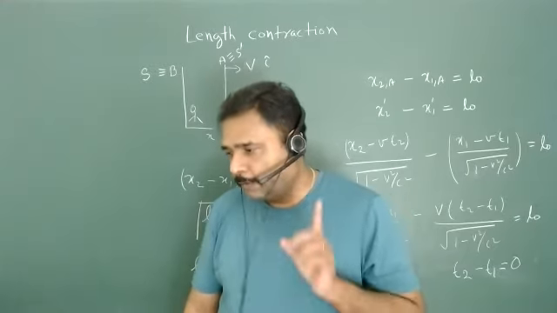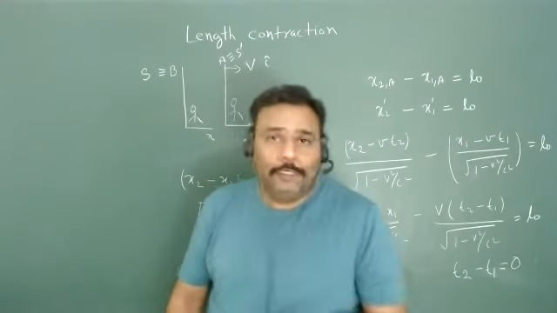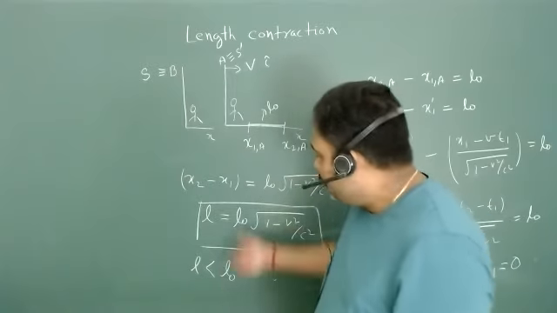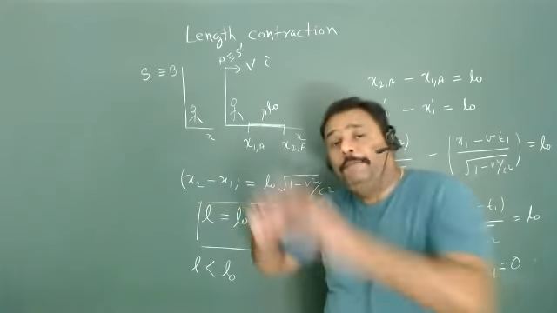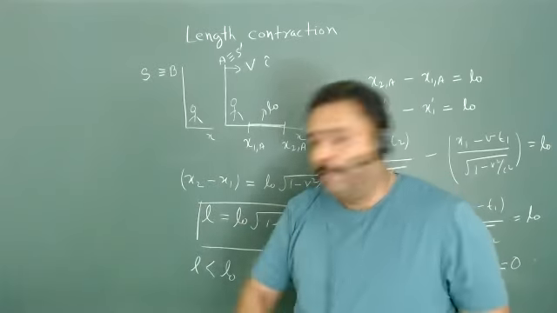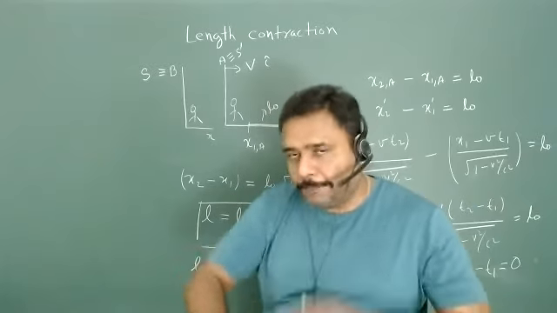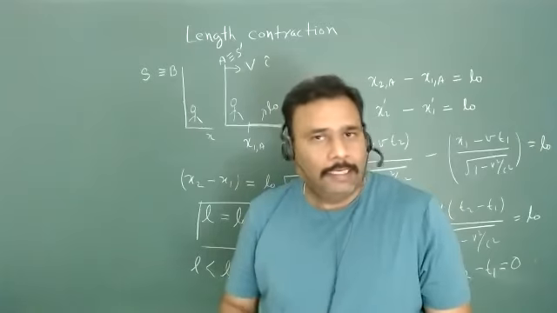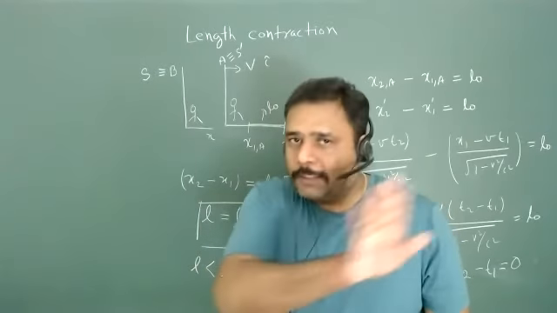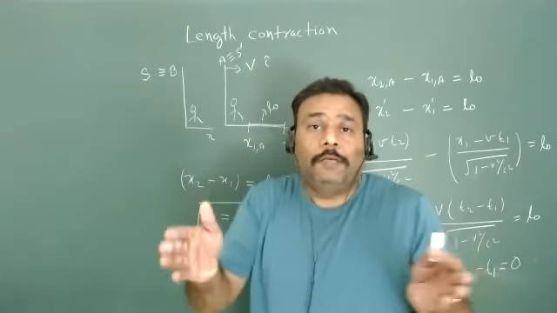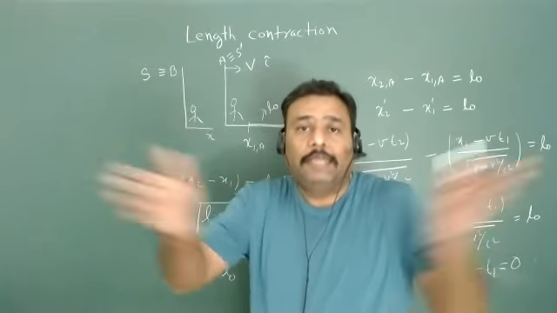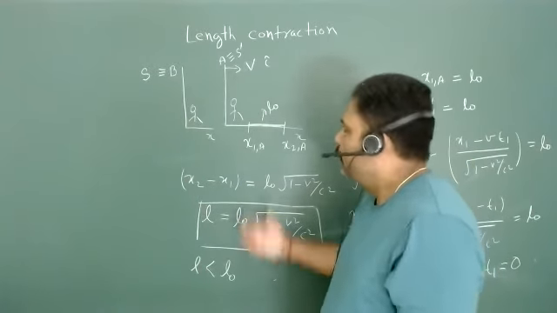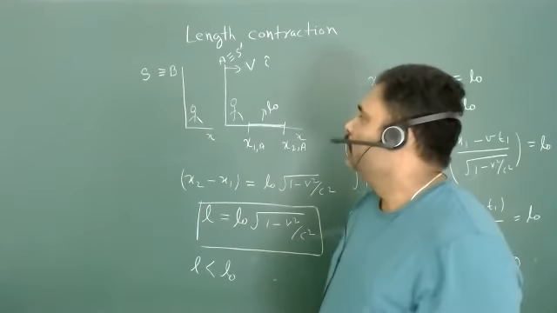So you have to keep this in mind. Actually, people get troubled by length contraction, but this is very interesting: whenever you have to measure proper length, you have to go in the rest frame of the rod. But with respect to you, as soon as the rod moves, you will not measure the actual length. What you will measure is something called contracted length. And how this works, we will see with different problems.